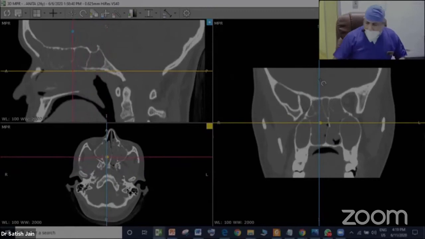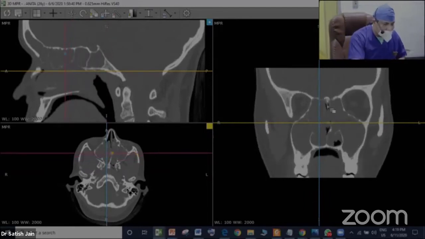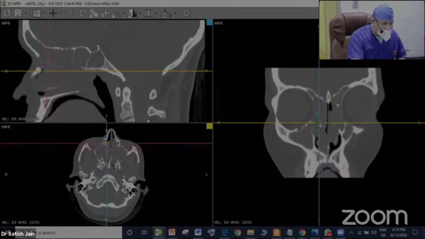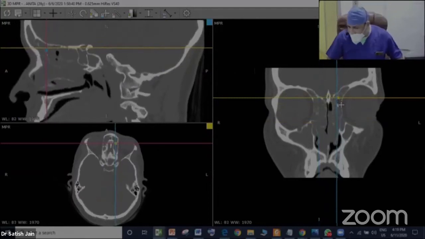And this is what becomes a good teaching tool for junior colleagues when you have a CT in a DVD, full data on the DVD. You can run all three planes together for any structure you want to see. For teaching and learning purposes, you can bring your cursor there and see in all planes where you are exactly. So for chronic sinusitis, again I would reiterate like last time, the CT scan is not for diagnosis, it is for surgical planning and giving us anatomical details.